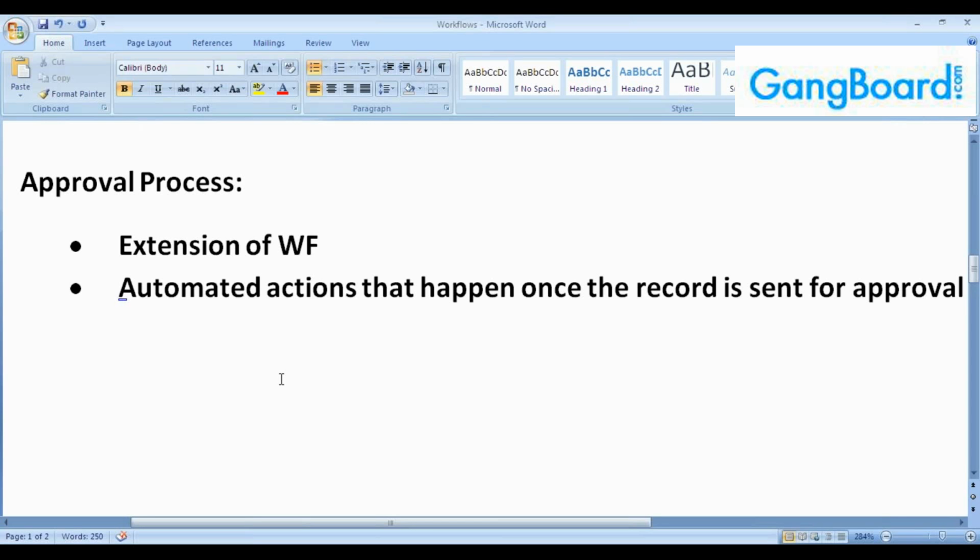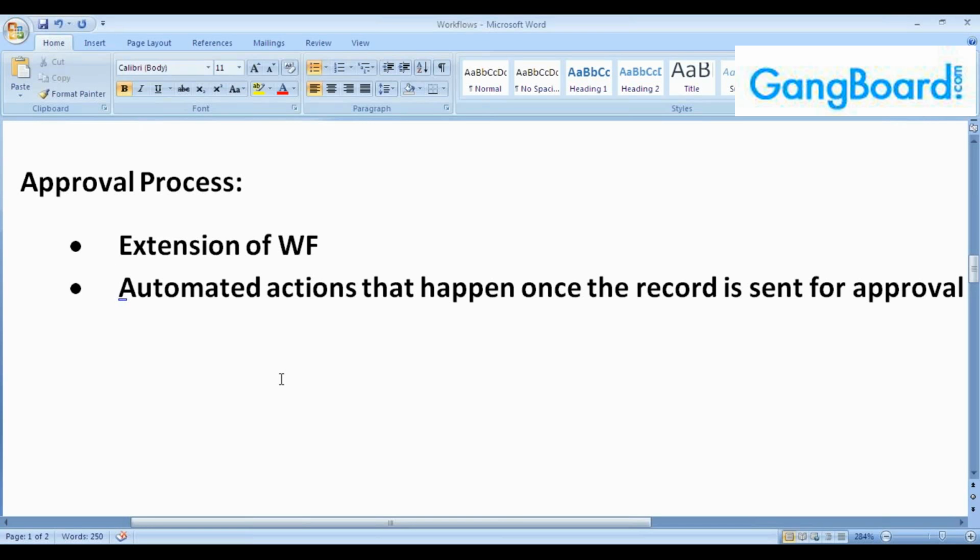So that would be the case of an email alert, right? Those 4 workflow actions only we will be defining here. Once the record has been submitted for approval, an email could be triggered to notify the supervisor, and you can keep a field where the status changes, whether it is approved, rejected, or waiting for approval. All such status could be maintained in one field, where you could define the field update, and automatically you could create a task